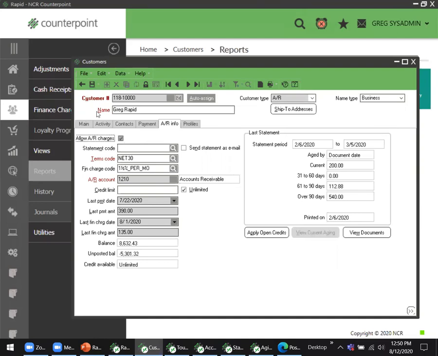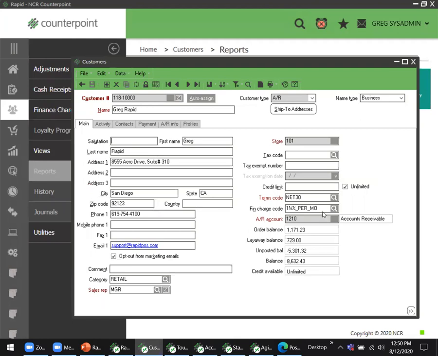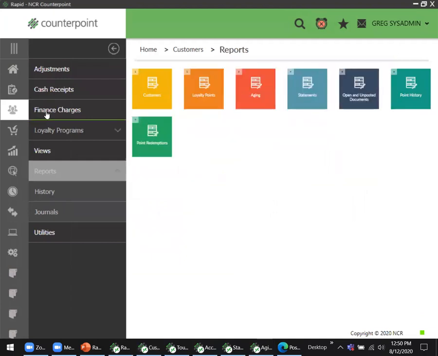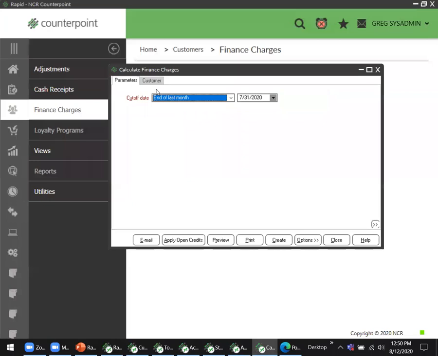Okay, good. Got a few questions rolling in here. Okay, so finance charges. Let's bounce back into finance charges, Greg. Hopefully the little tech support we put in that fixed statements will fix our finance charges as well. Let's see if we can get back into the finance charges calculation. There we go. So in finance charges here, again, this cutoff date follows what we're doing on the statement, right? We want to cut off as of the last day of last month,